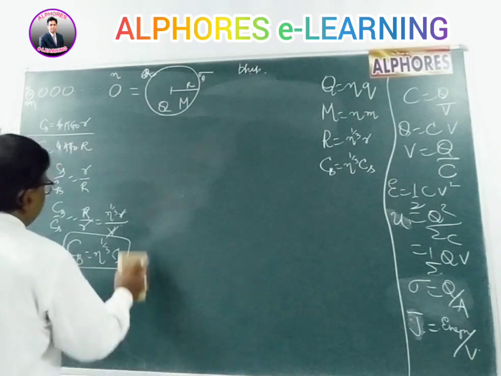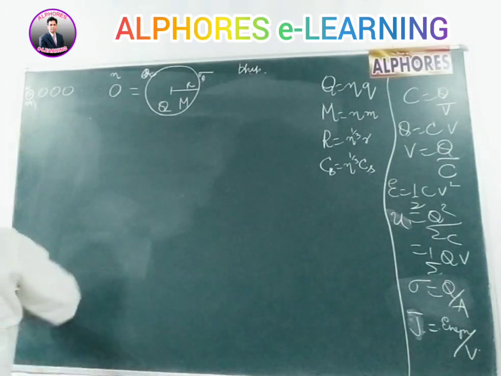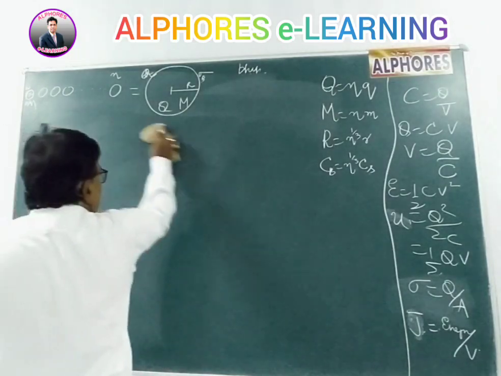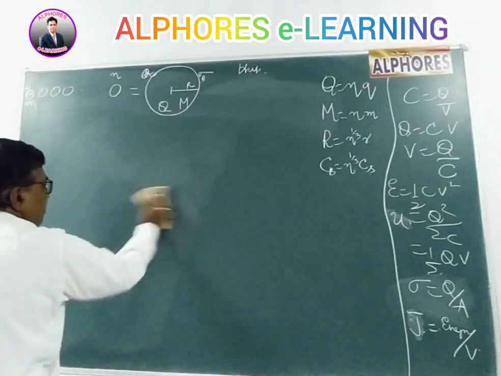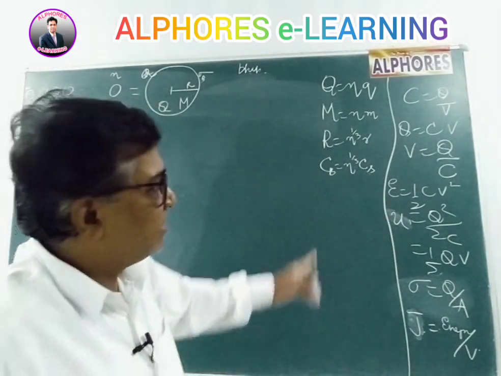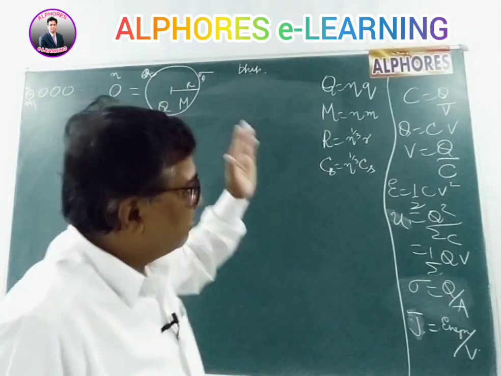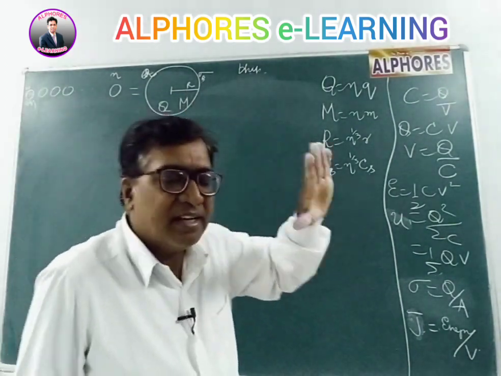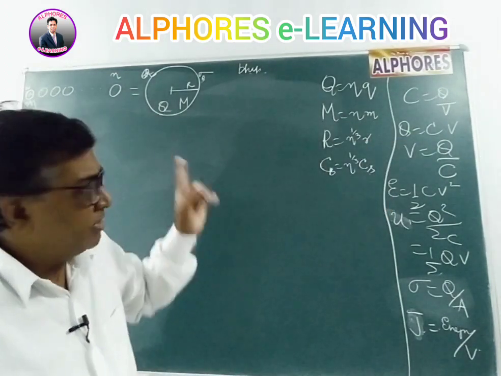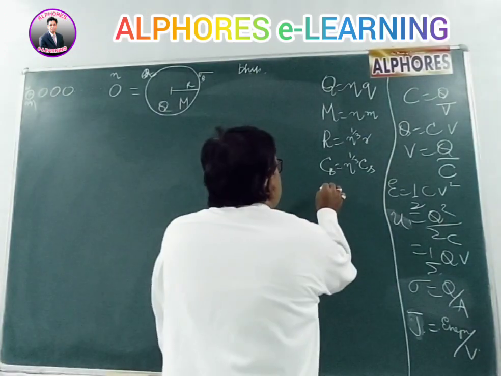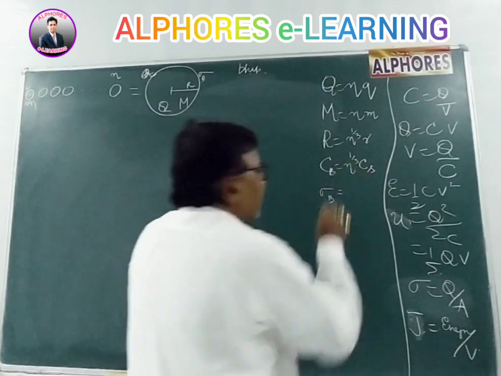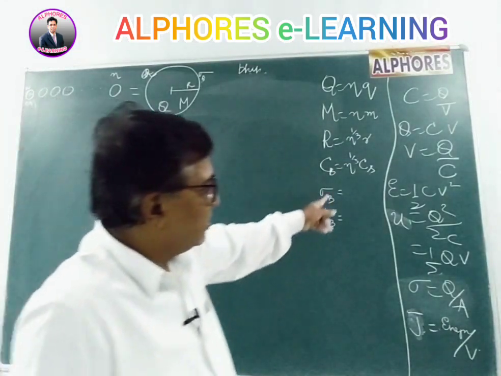This is again very important. Comparing the big and the small together, C big is n power 1 by 3 C small. Charge and mass are conserved, so the bigger one is n times the smaller. Radius, capacity. Similarly, surface charge density and electric field are also similar to this one.